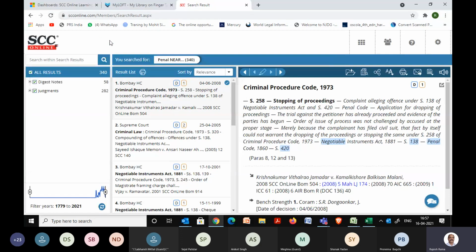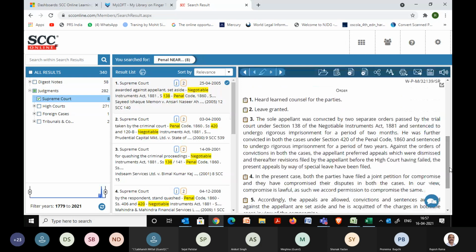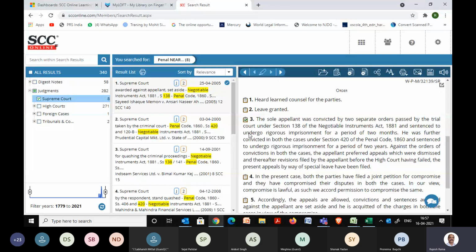So it will copy multiple paras. Let me quickly open the judgment once again, and let's move to the paras and see. Yeah, it's okay. One green tick. I hope you are able to view. Then again in para number 4 and then 5, I can keep on adding up to 10.